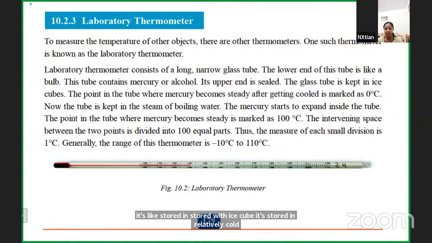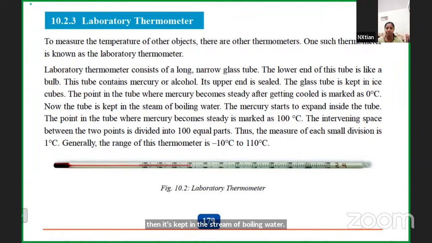Then it's kept in the steam of boiling water. So the mercury will start to expand. After cooling, it will be heated up, so the mercury will expand. Then after the heating process is done, the mercury becomes steady, and that point is marked as